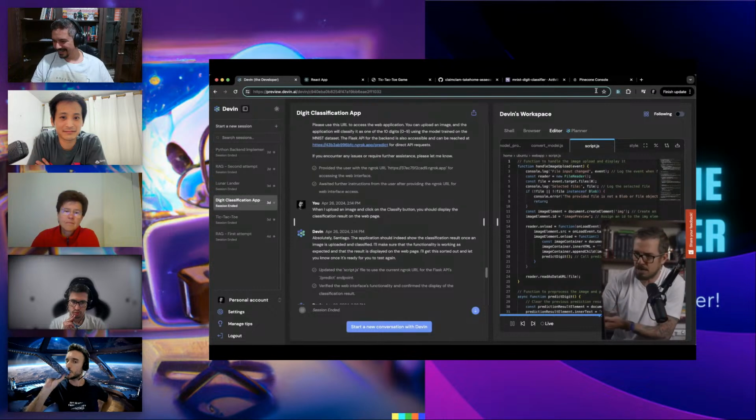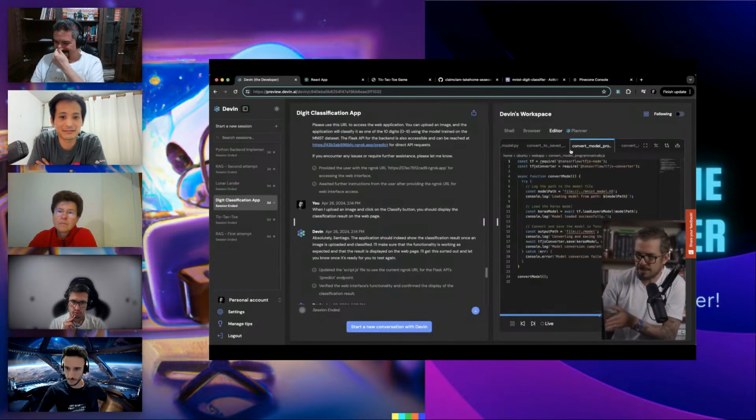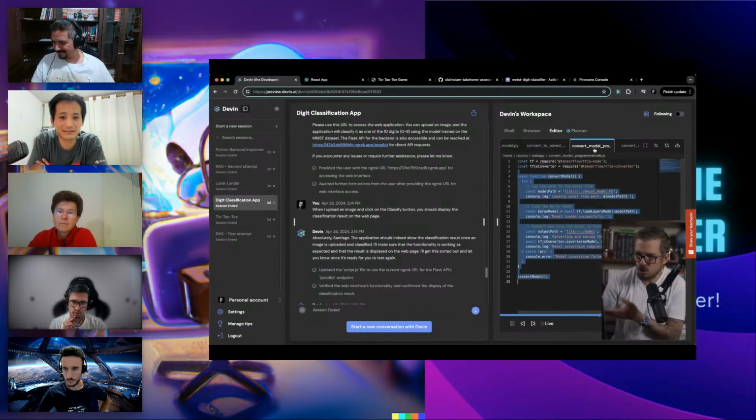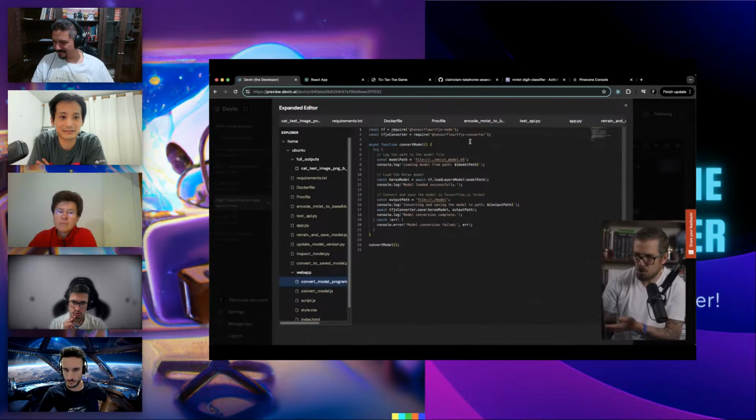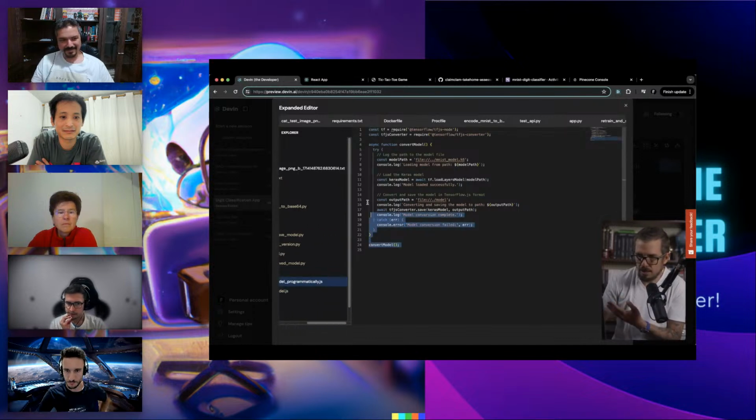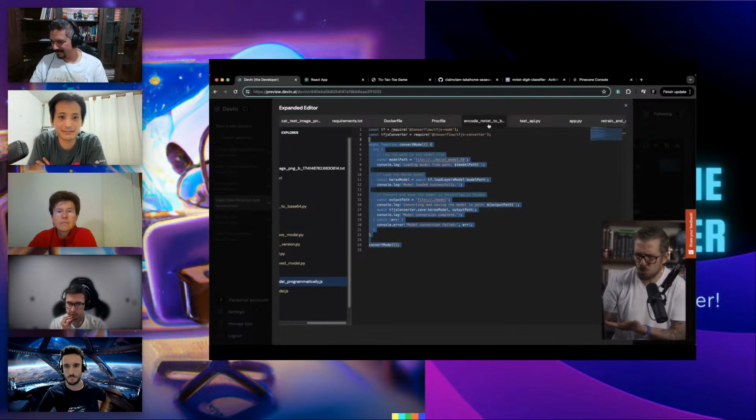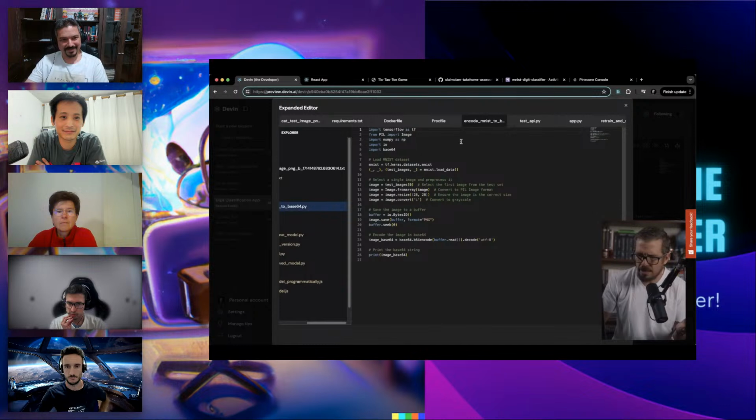Obviously, we don't have time to see all of the work Devin did here, but I can show you, for example, this file called convert model. I cannot see the name of the file, the editor is broken. It says convert model programmatically, and it converts the model that I created using JavaScript. I'm not sure why I needed that. Here is another one, this one works, so this one is fine.